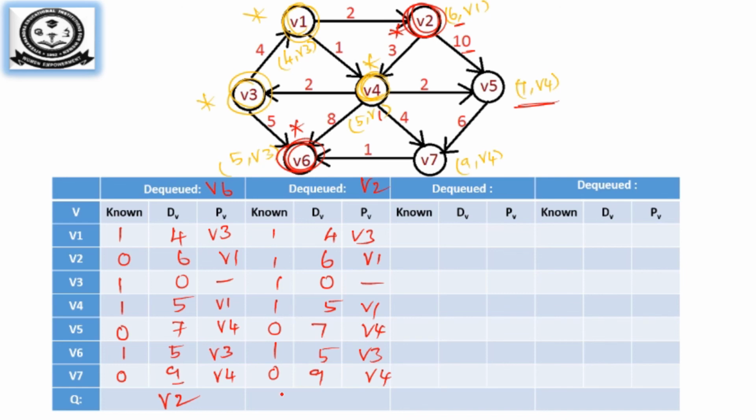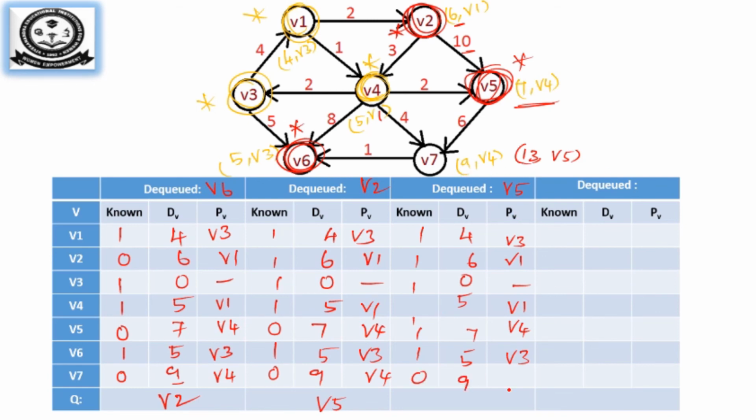Now which are unvisited? V5 and V7 are not starred, so among these V5 is minimum, so you will take V5 as a star. So I am making V5 the next vertex. The rest of the vertices are going to be the same, and V5 also is going to be the same. From V5, 6 plus 7, it is going to be 13, V5. Okay, so which is minimum? 9 by V4 is minimum. So no change. You will have 9 by V4.